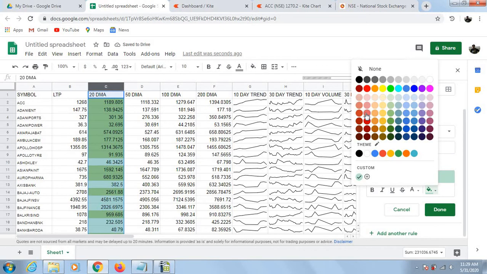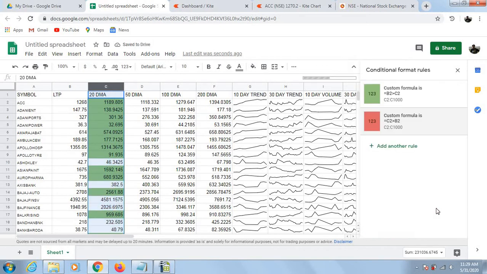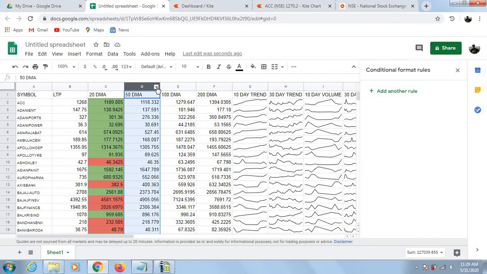Color code it as red and click on done, which means to say it will be getting green if the last traded price is above the 20-day moving average, and red if the last traded price is below the 20-day moving average. Similarly, you will do it for the other columns.